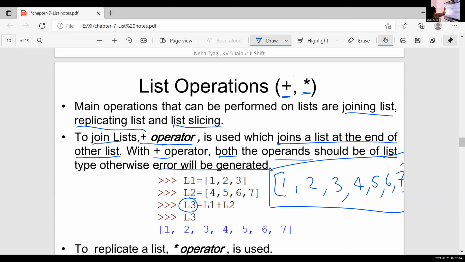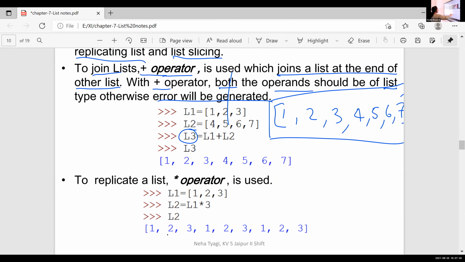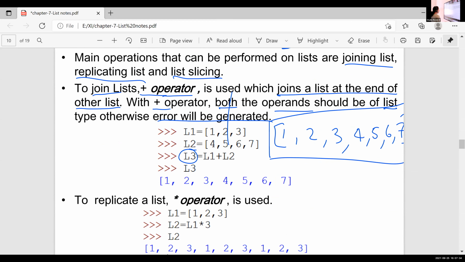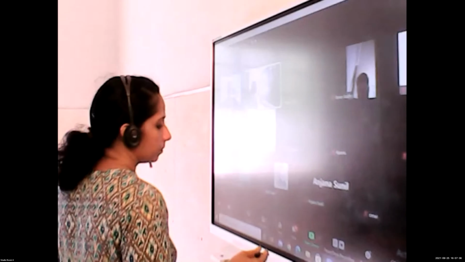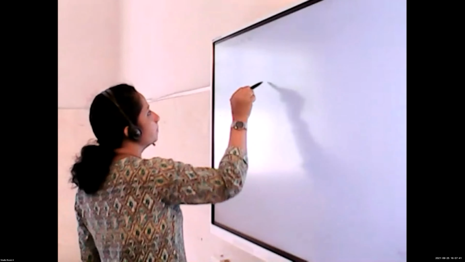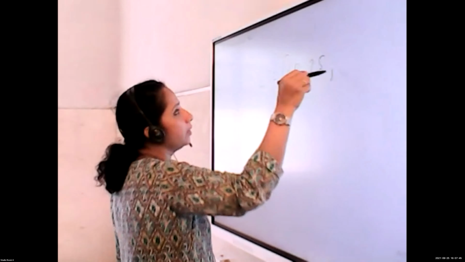Okay, so if I print L3, the result is 1, 2, 3, 4, 5, 6, 7. The next operator, I'll give one example. Write this question. L1 is equal to 20, 25, 30.